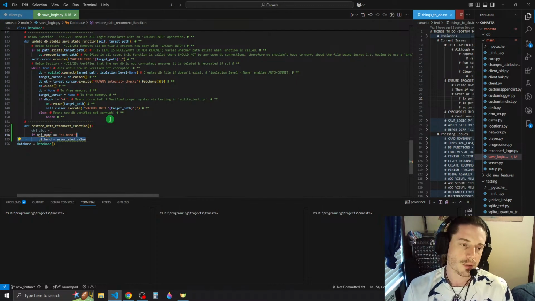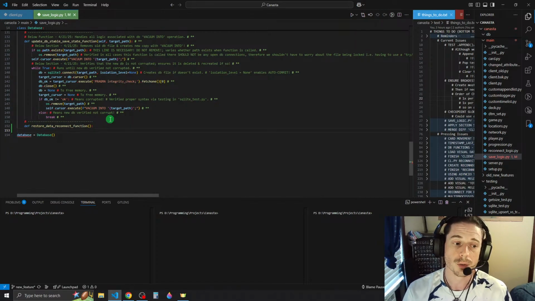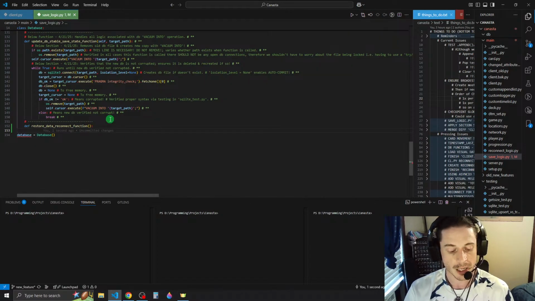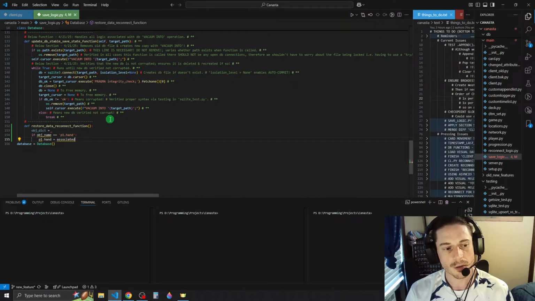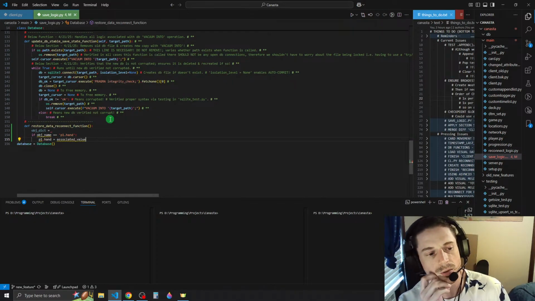So I think what I need to do first is I need to go through and make a list. We're going to make an entire list of the main while loop objects that need to be saved. But honestly, I don't know if doing it like this would work, using the object name and then say an associated value.